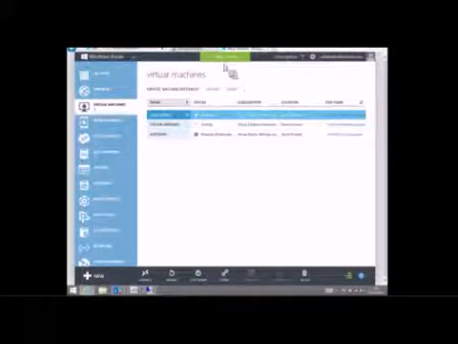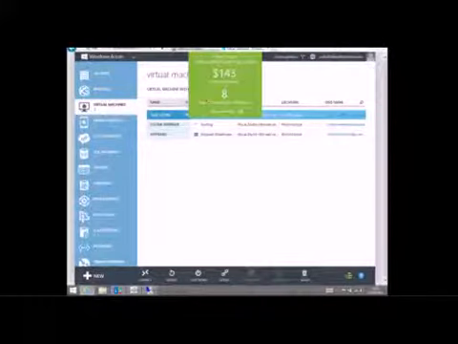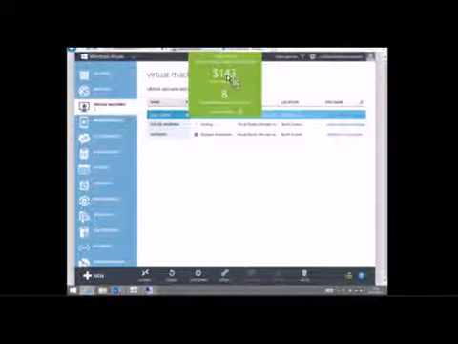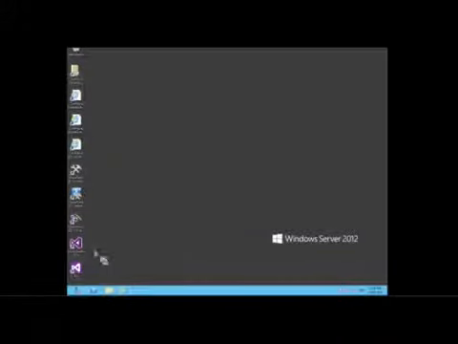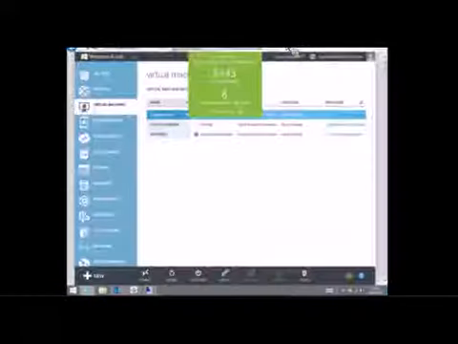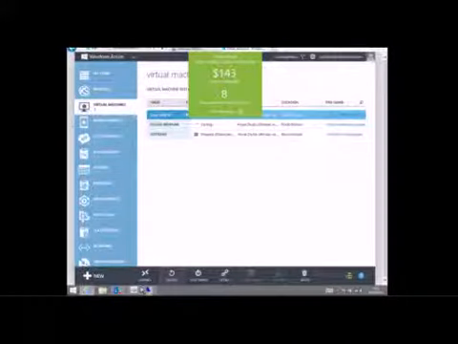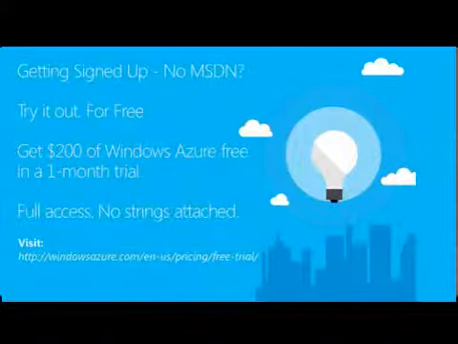Just a quick bit here about the credit status. You can see here it always tells me how many dollars I've got available to me on my account to be used and how many days left until it expires. And I can drill into this for more granular reporting at any point in time. And that machine should have connected now, and I could get access to all of the artifacts on that. I'm just going to flip back to the slide now, just to finish my Windows Azure piece.